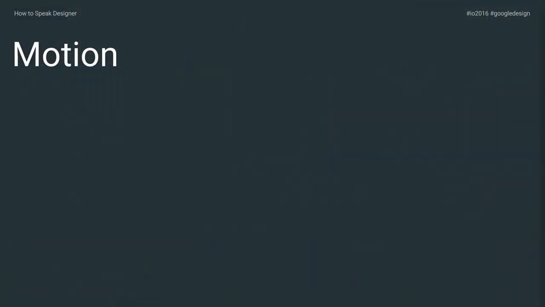Thanks, Rob. I want to close out with talking about motion, kind of the last of the three big pillars of design, and we'll spend the least amount of time on this. There is a great other talk, that was last night, from I/O this year. You should try to catch up on it later. Motion is where interaction design and visual design come together. This is where kind of what you're seeing and how it behaves come together in motion and kind of the animation of the interface.